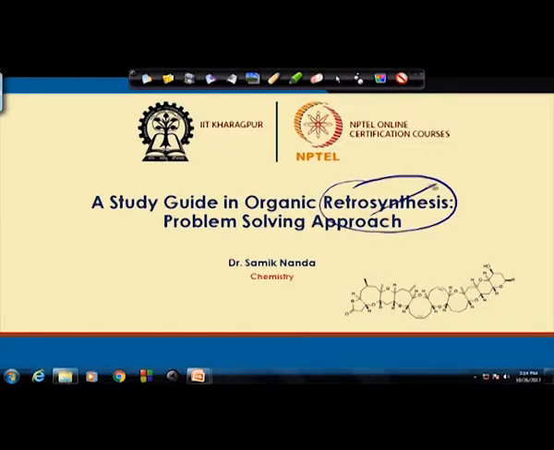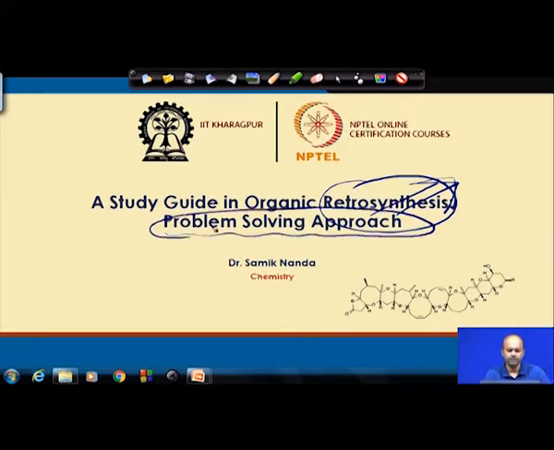This particular term we will emphasize throughout our lecture, and as you see, the problem solving approach throughout our entire discussion will guide you through different problems and how to solve these problems in the context of organic synthesis. Organic synthesis is really a very vast area, and essentially this is one of the core disciplines in the area of organic synthesis, where you can find this